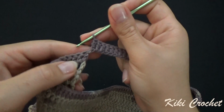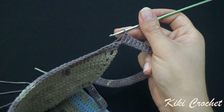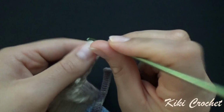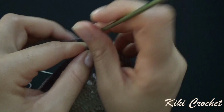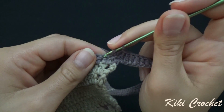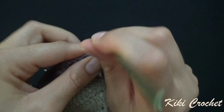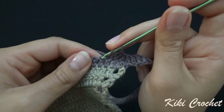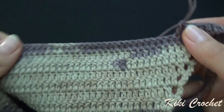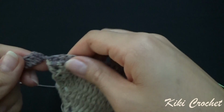Okay, now continue working on top of the double crochet that we did in the previous row when we were only crocheting the front part. So just continue working, it's the same row, so 66, now on top of the double crochet, 67, 68, 69, 70, 71, and keep working 1 double crochet in every stitch up until you reach right here, the beginning of the